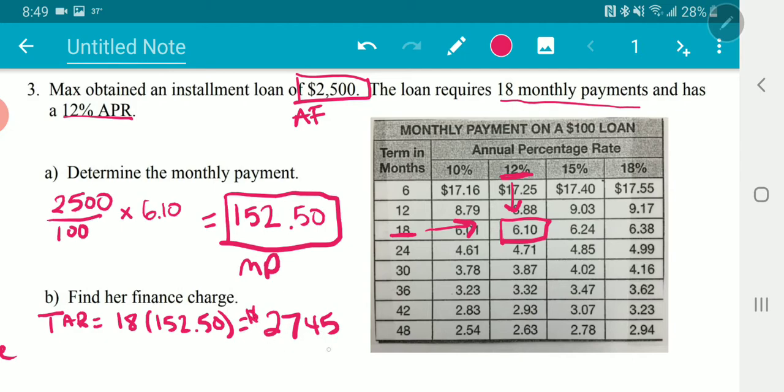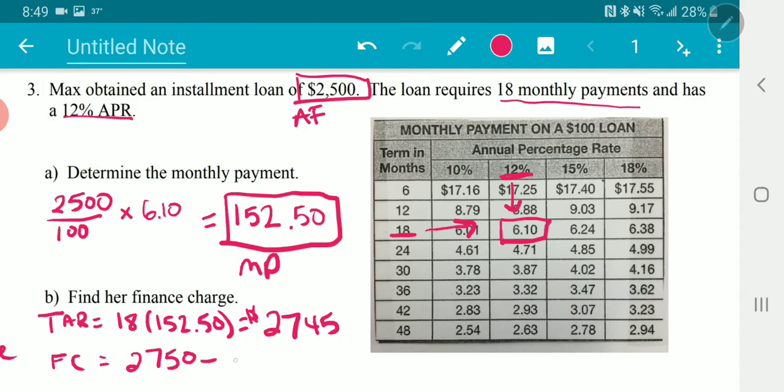Again, this total amount repaid is always going to be greater than your original loan. So if this was less than 2,500, I know I did something wrong here, because you're always going to pay back more than you took out. Not only do you have to pay back the loan, you also need to pay extra money, which is called interest or your finance charge, to the bank. So now we can find that finance charge, which is just your total amount repaid,